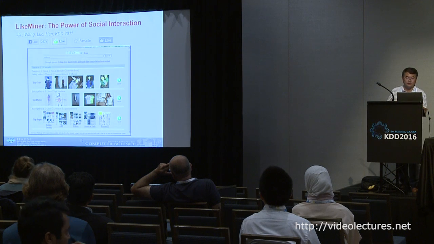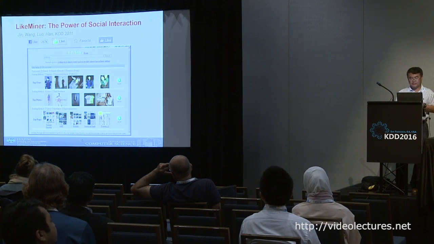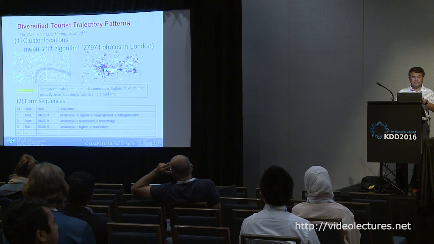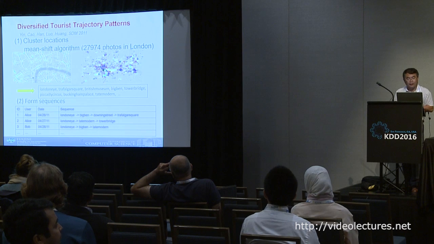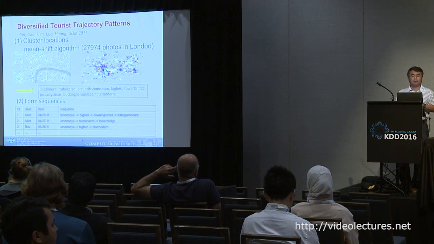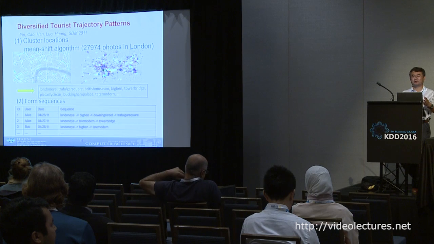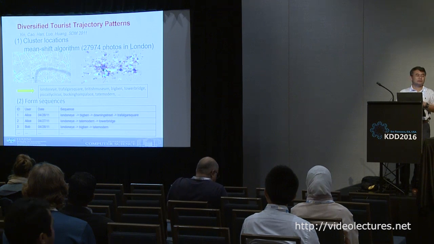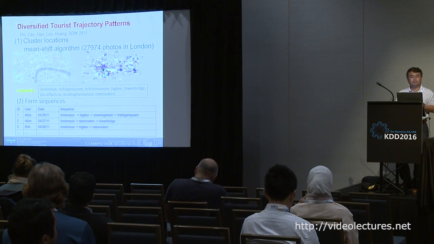So that's some early work we did. So that's the beginning. And around the same time, this again was with Jiebo's group. So we took all the geotag data on the internet, and we tried to discover the best route or best trajectory to tour a city. So this is London.